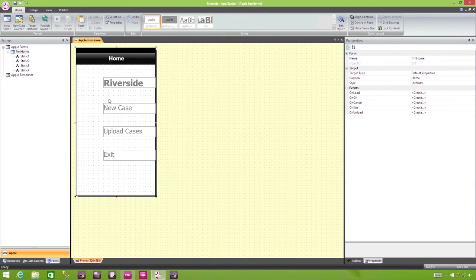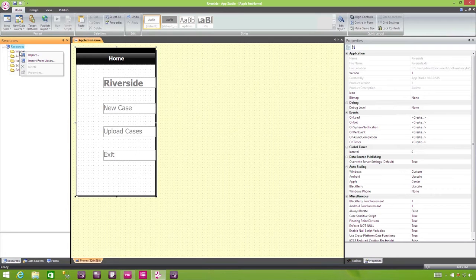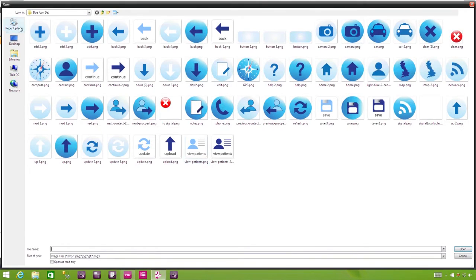Might also want to add some images to our project. They've got a set of built-in icons that you can choose from, and you can also include your own images and sound files if you wish. To import them, you just go to Resources, and I'm going to right click on Images. First of all, I'm going to import